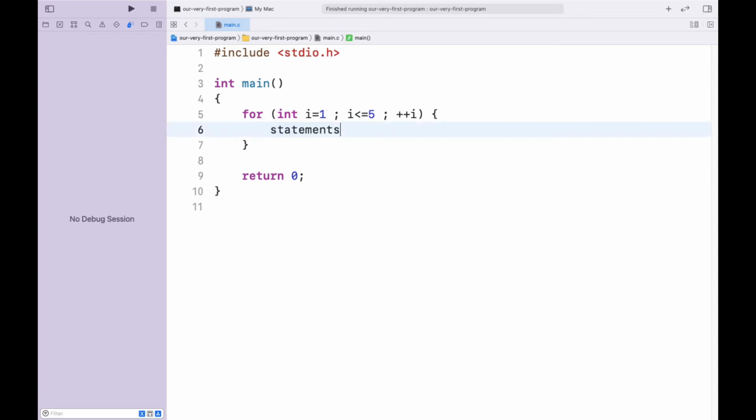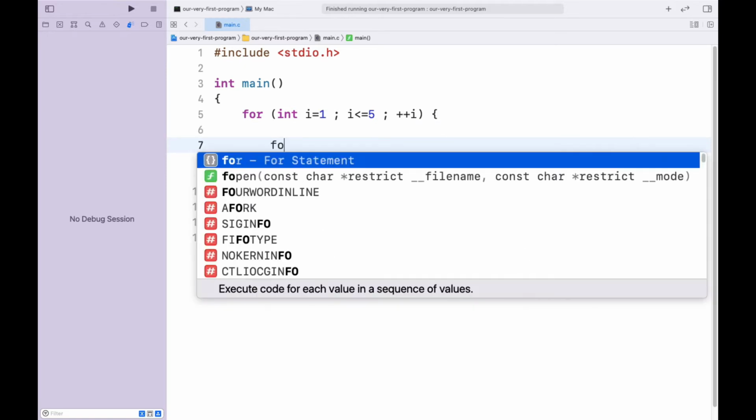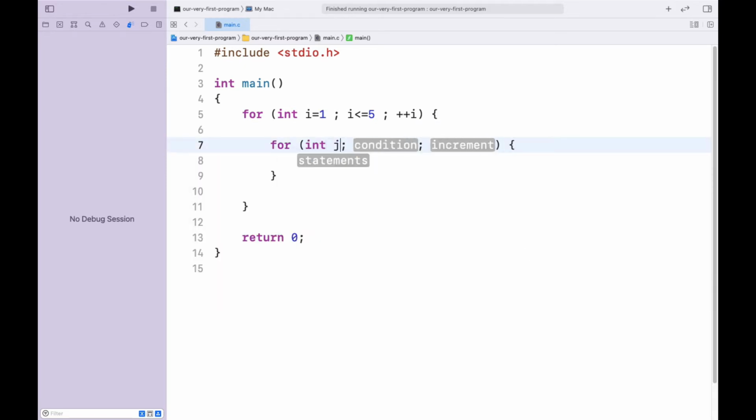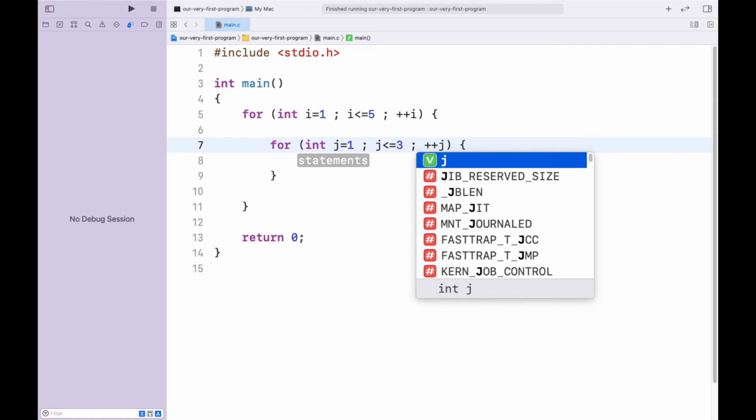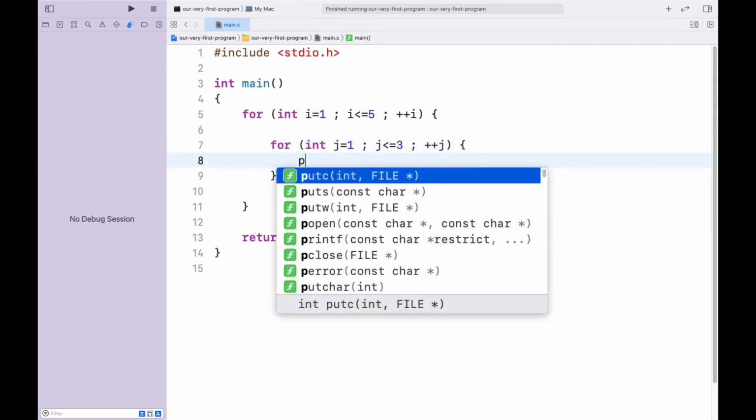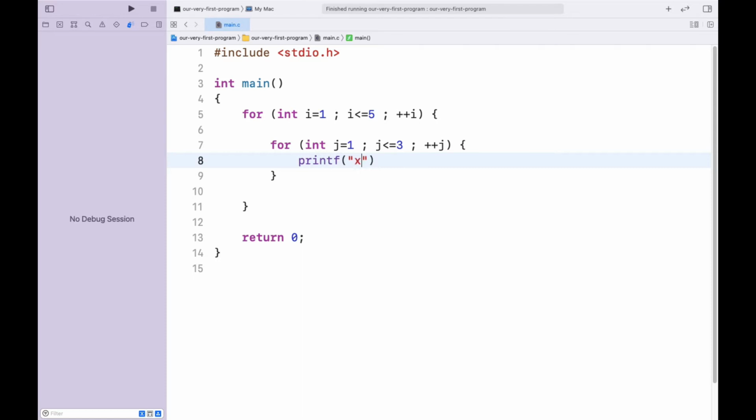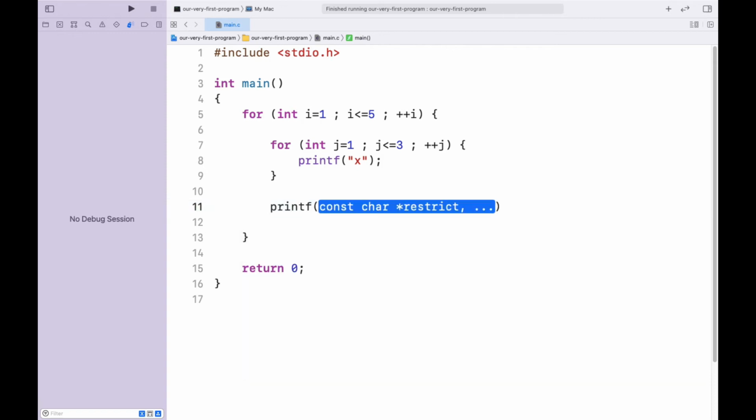Then we have to have one more loop: int j equals 1 to, we don't know how long, let's take 3 for now, and plus plus j, and printf, we are going to print small x only, and then we have printf slash n. So let's see what we have achieved till now.